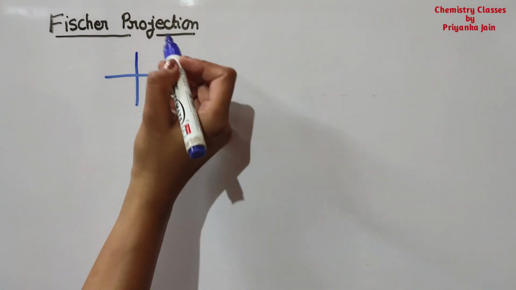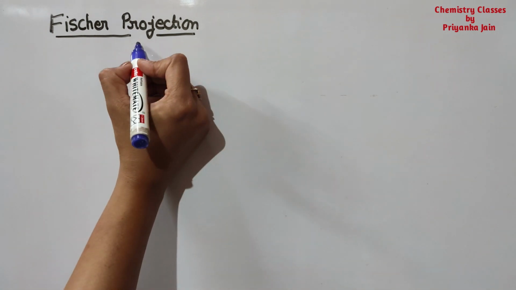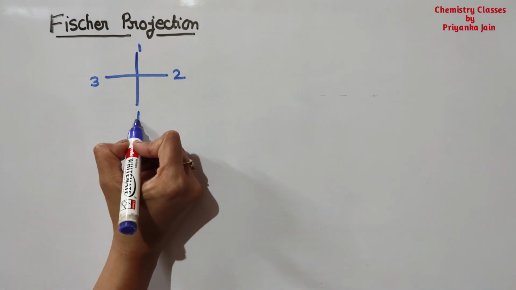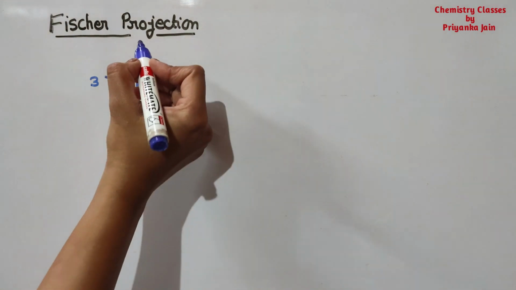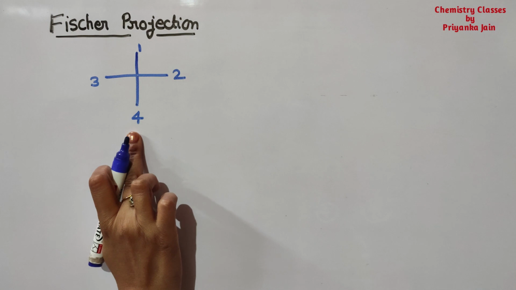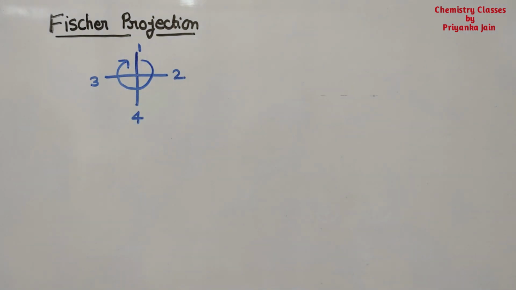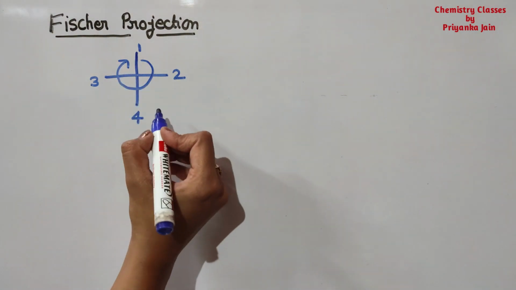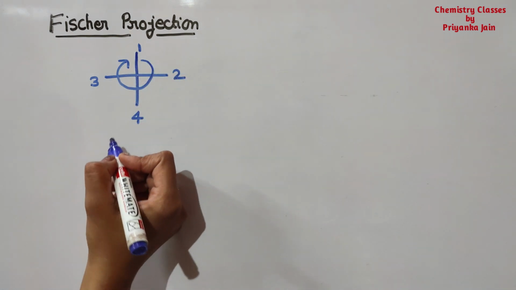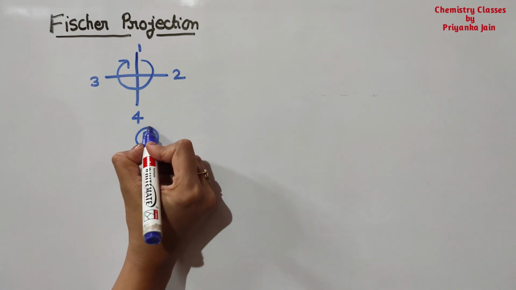Simply what we have to do. See here, this is one molecule, okay, and this is the Fischer projection. Four groups are attached to it. Suppose this is the first priority group, this is second priority group, this is third priority group, and this is fourth priority group. Okay, so firstly we have to see the sequence of 1, 2, 3 from the side of the fourth group, and we are looking at it in this manner, right? So we can say this is in the R manner. Okay, this is going clockwise. You can see it is going clockwise. So this is R, right?